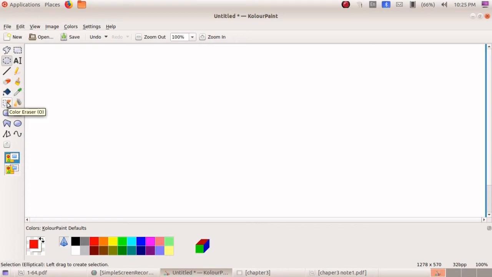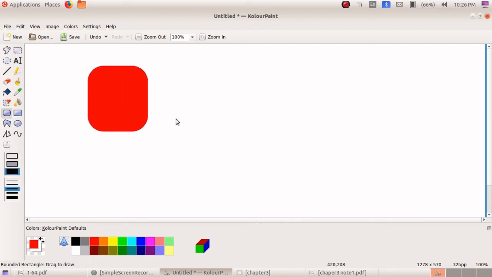Here this is the color eraser. What is the difference between this eraser and the color eraser? I will show it. Children, I drew one figure like this, a rounded rectangle, squared, isn't it? Okay, I drew one picture. In this I want one more shape. I click on circle, I selected one more color, and drew it like this. Okay, 2 different pictures with 2 different colors.